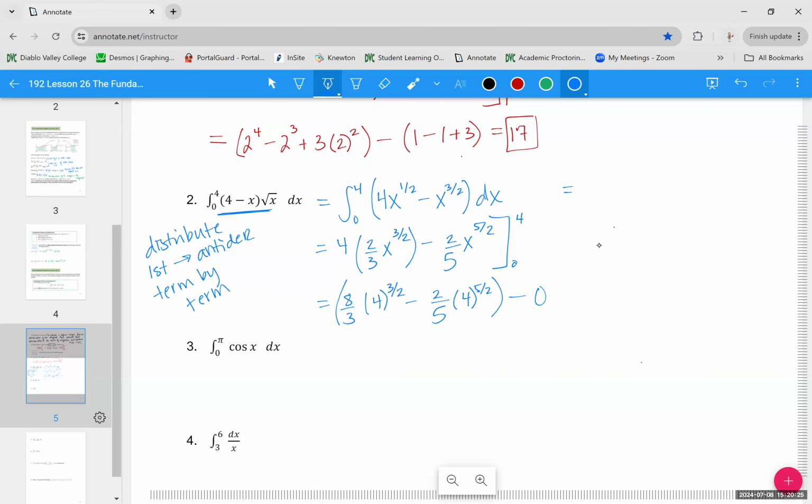All right, so I know that you could plug 4 to the 3/2 into your calculator. That's great. But we're always striving to make some sense numerically and algebraically of these numbers. So remember that what this means, the power is the top number and the root is the bottom number. So it's like the square root of 4, which you know what that is, to the 3rd power. The square root of 4 would be 2. 2 to the 3rd is 8. So this is 8. And then same thing here. The square root of 4 would be 2. 2 to the 5th is